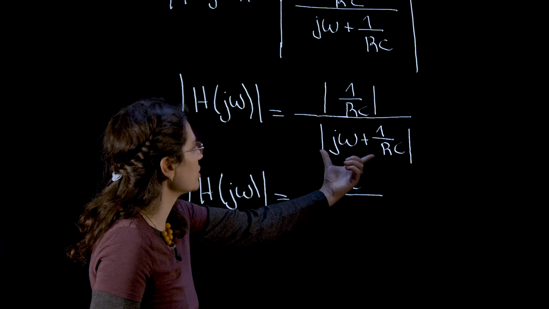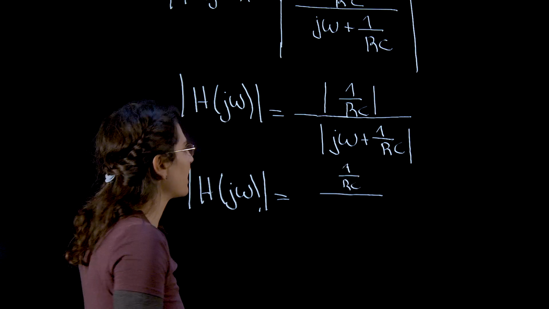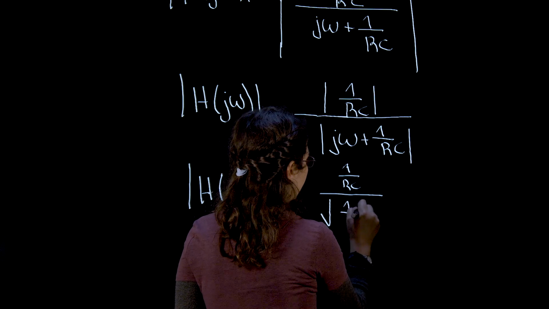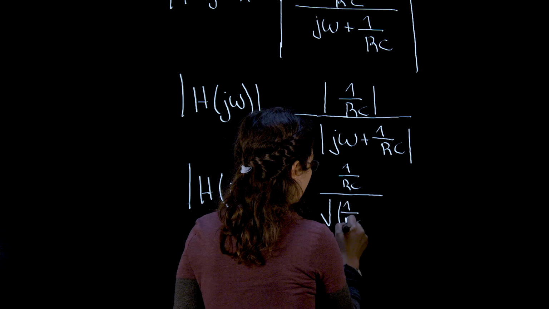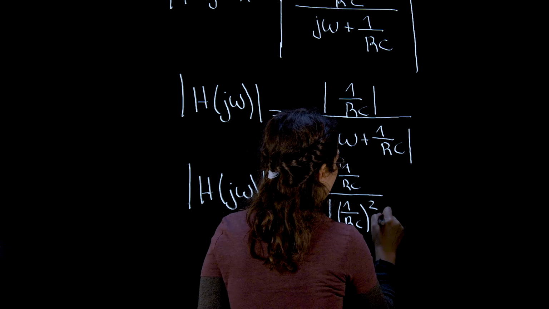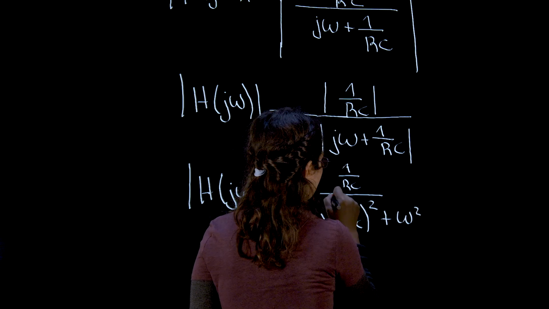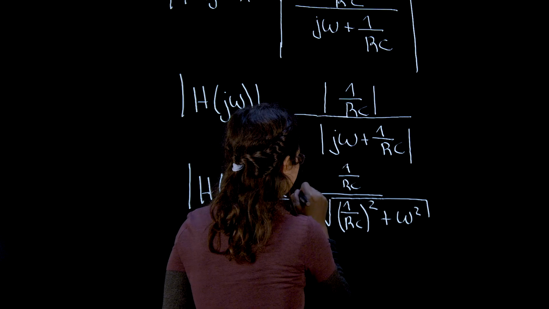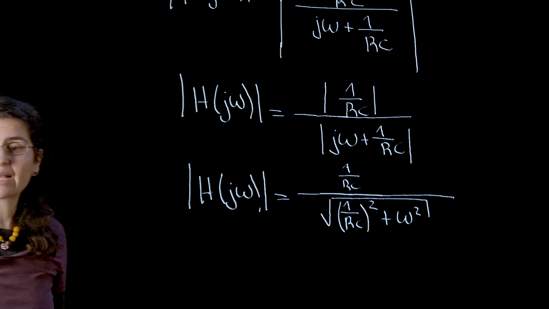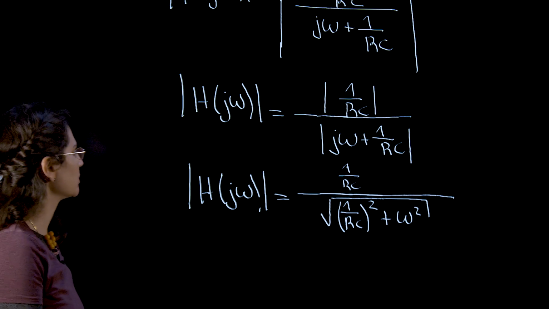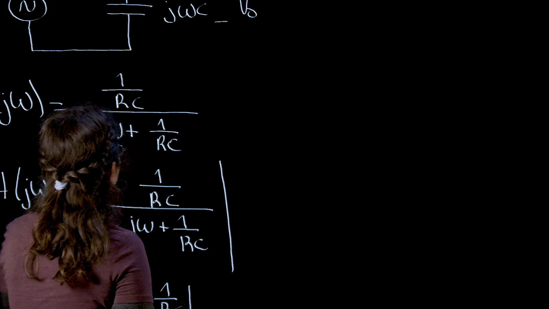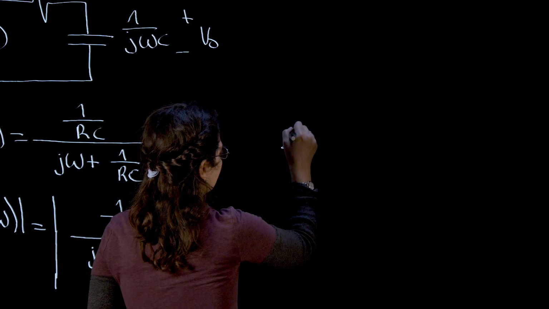And on the denominator we have a complex number, and we know that the magnitude of a complex number is the square root of the real part squared plus the imaginary part squared. So, this is my magnitude. Yes, that's my magnitude. And my phase, I'm going to calculate here on the right. The phase of my transfer function